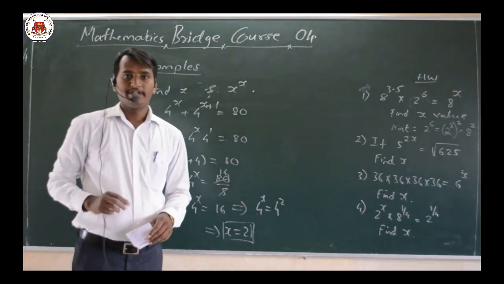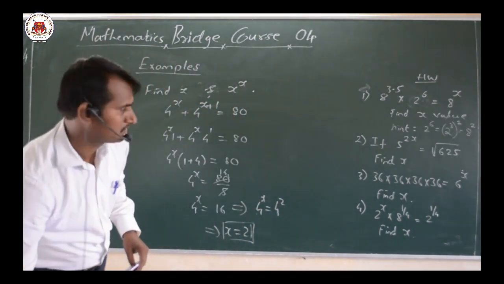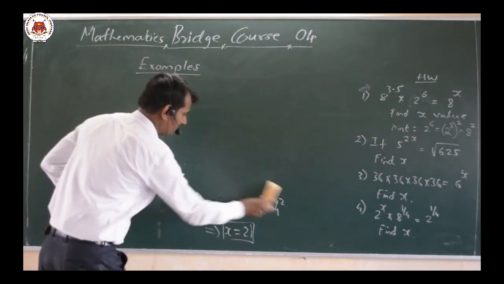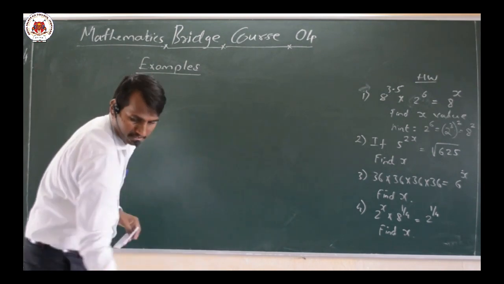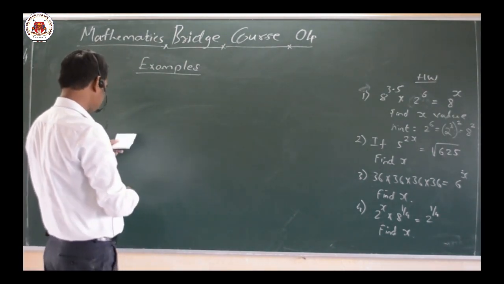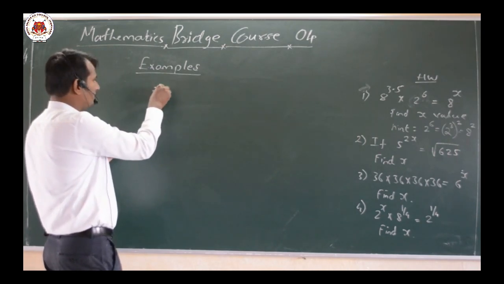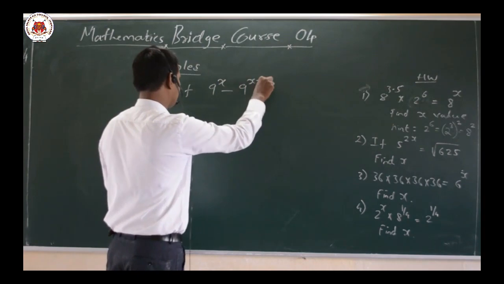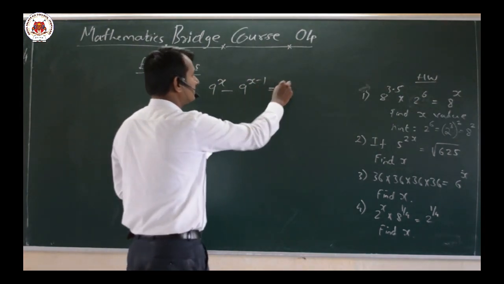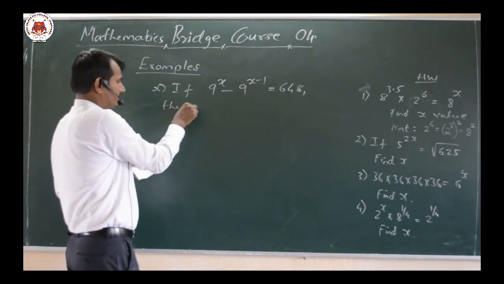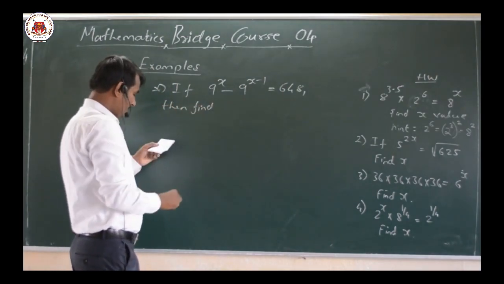Okay dear students, now let us solve the last problem and complete this particular session. Last problem of this particular class. Now what is the last problem? That is, if 9 to the power of x minus 9 to the power of x minus 1 is equal to 648, then find the value of x